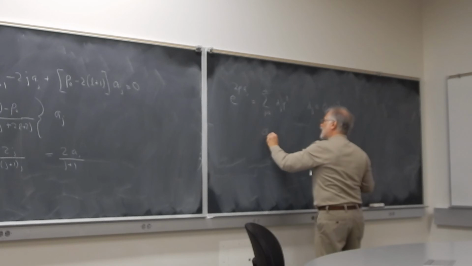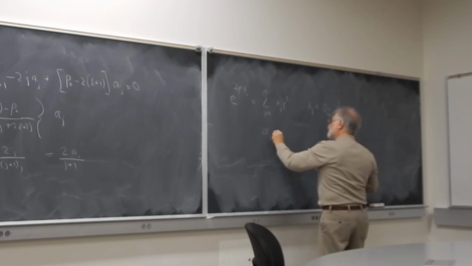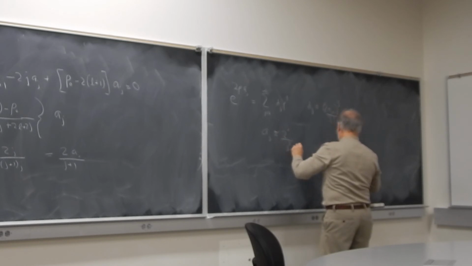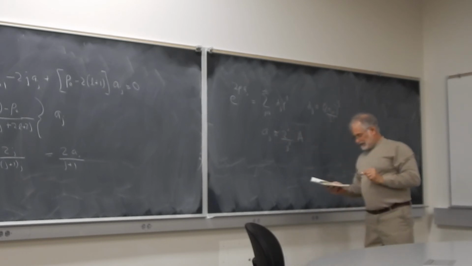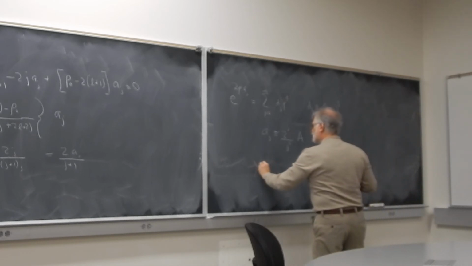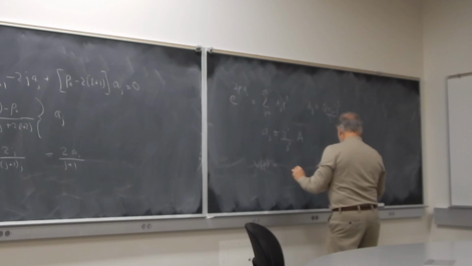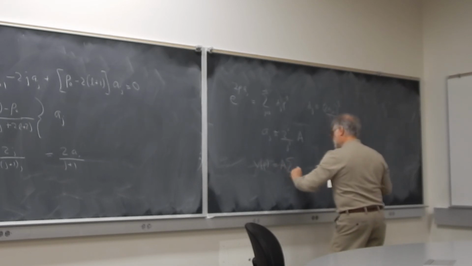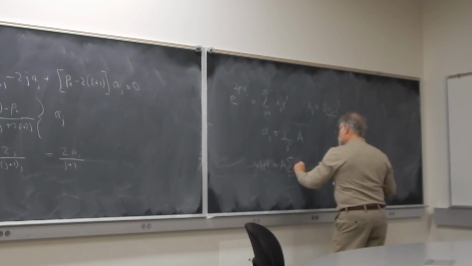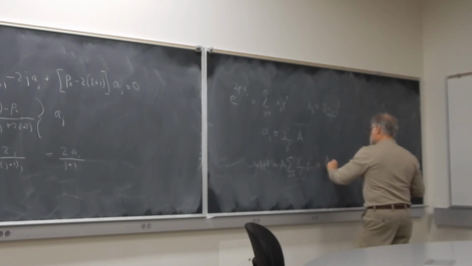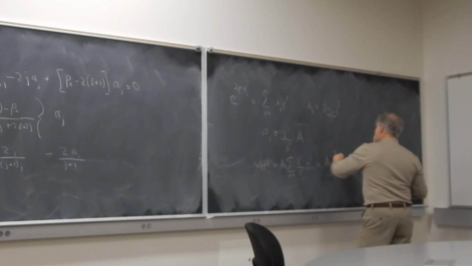So a sub j is approximately 2 to the j over j factorial times some factor a. If this were true, V of rho then would be equal to a times sum n equals 0 to infinity 2 to the j over j factorial rho to the j, which I could write as just a e to the 2 rho,